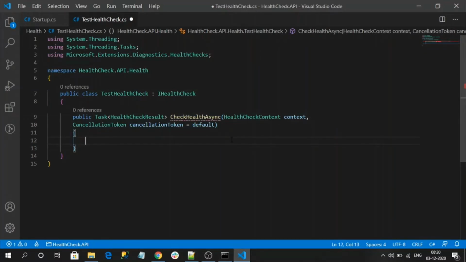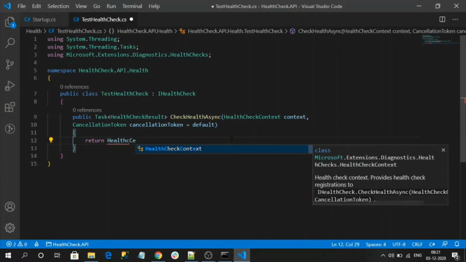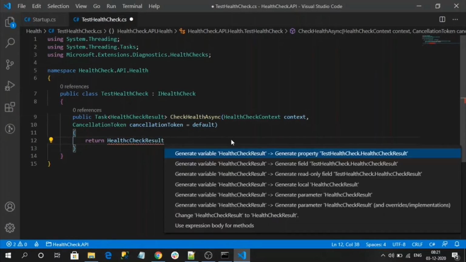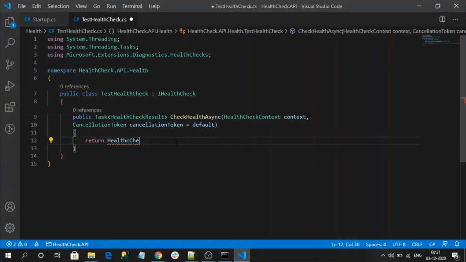Let me return HealthCheckResult. Sorry, HealthResult, I think.